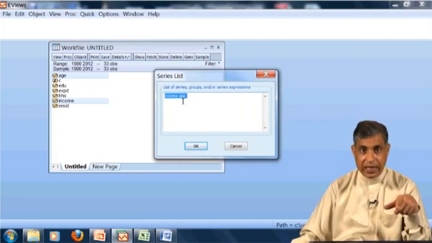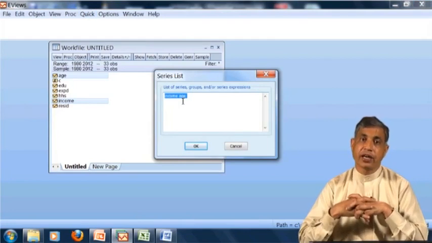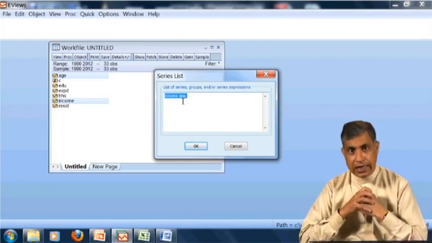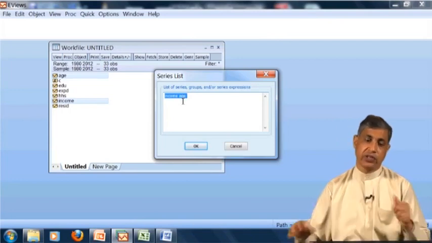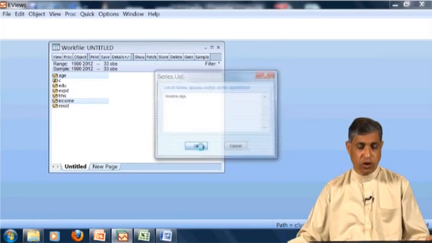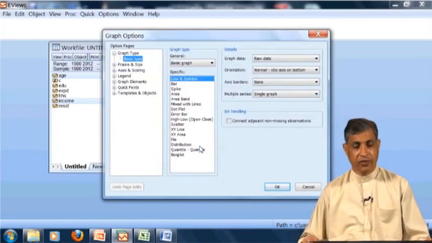Now you have selected, and it has automatically selected the names here. You need not write them because those are selected and are in the memory of EViews. So you say OK. Again it is asking for the type of graph.